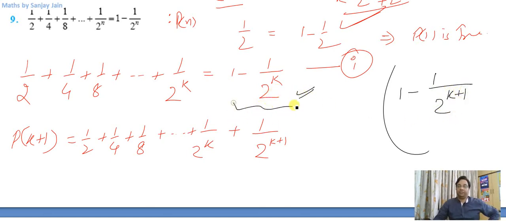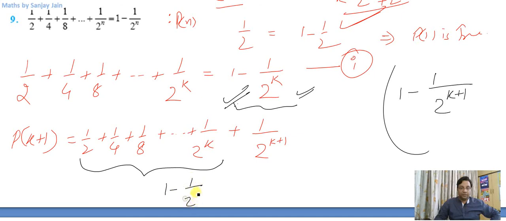On this same pattern, this was for p of k, now I want the right hand side for p of k plus 1. So essentially I want every k to be replaced with k plus 1 on the right hand side. So let me check whether we can achieve that using this. So I'll replace this by 1 minus 1 upon 2 raised to power k, and then I'll add this, so plus 1 over 2 raised to power k plus 1. Now if you see, this is nothing but I've already got the answer.